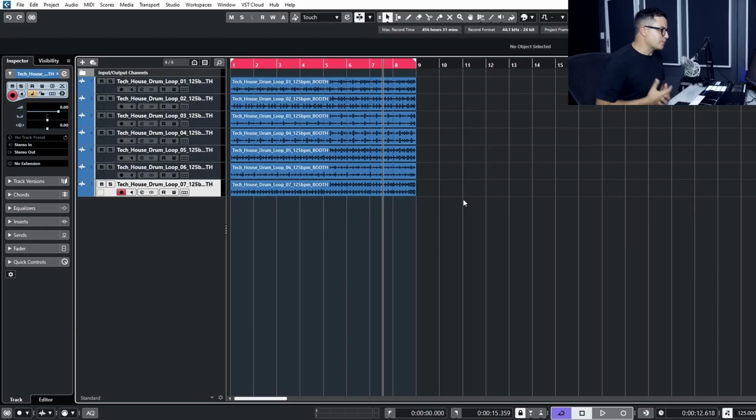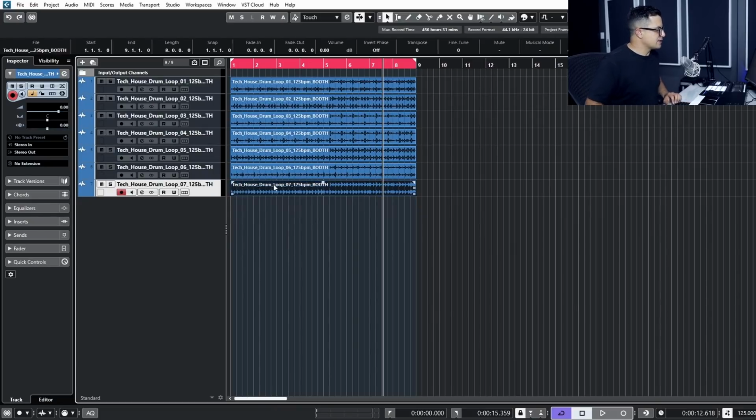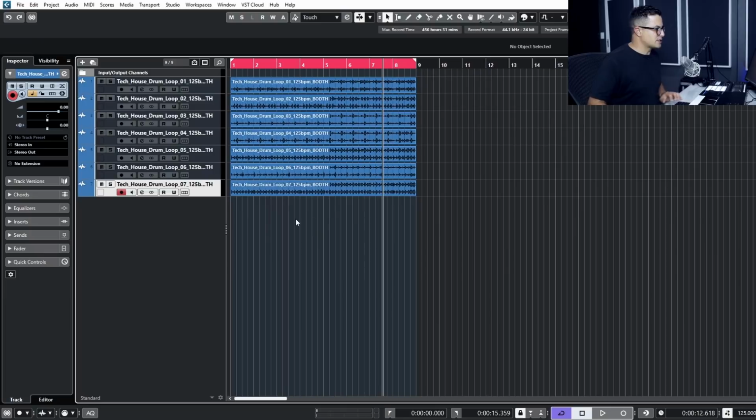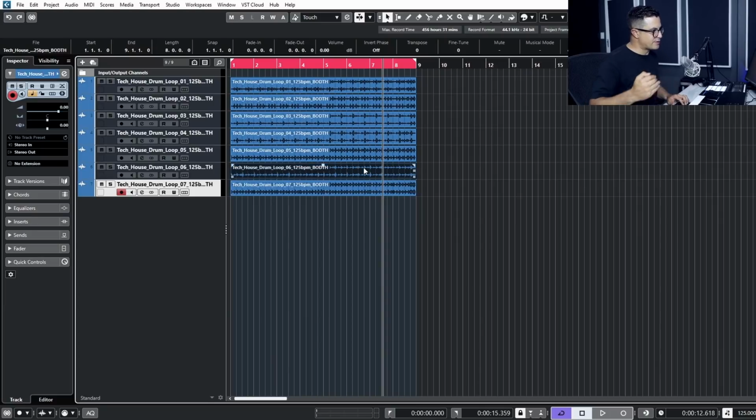So another new feature that I'm pretty excited about, it's one of the smaller updates in this release, but it's a huge help for me, and that's that render in place has been expanded slightly. This used to be a Nuendo feature, but it's been carried forth into Cubase 12 now as well, and that's the ability to export parts directly from here to a folder externally, so it doesn't just render in place